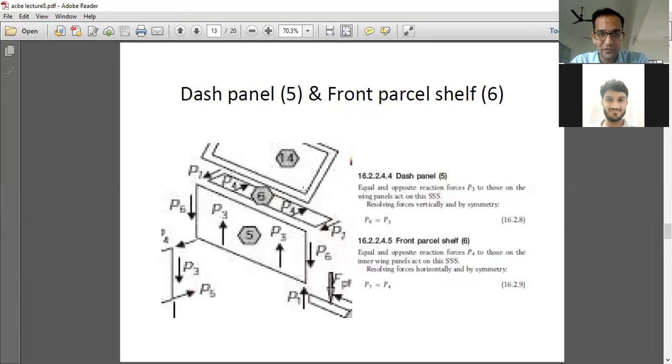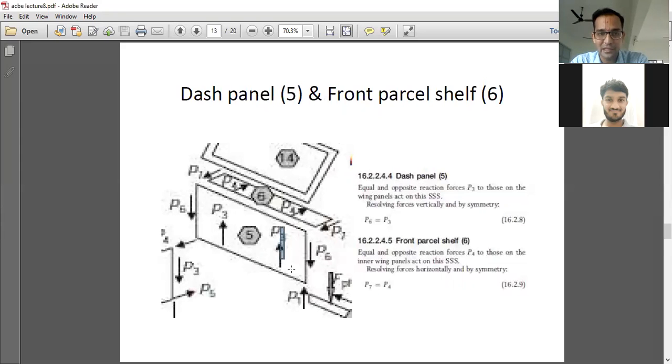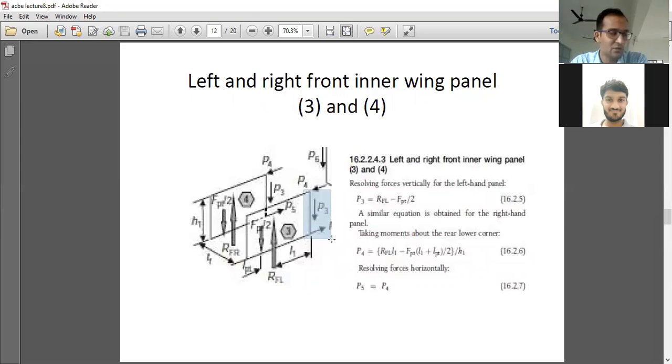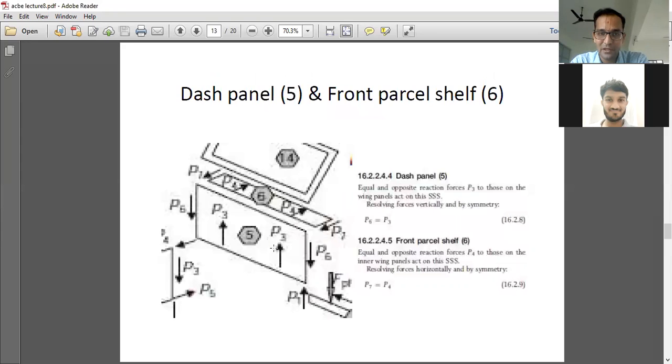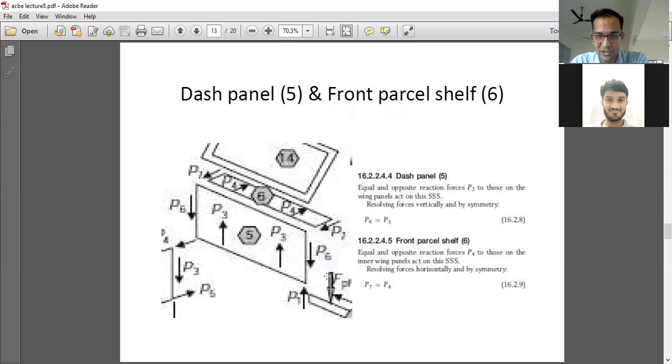When you see the component, you will have that view that this is the P3 we have seen over here in the downward direction. When it is switched to the front panel, it is in the upward direction. That is action and reaction observation. So P3 on the front panel works in the downward direction; in similar manner, P3 at the dash panel works in the upward direction. And who reacts to it? P6 reacts to it. So we do not have P6 in members 3 and 4, but we'll have P6 as a reaction to it.